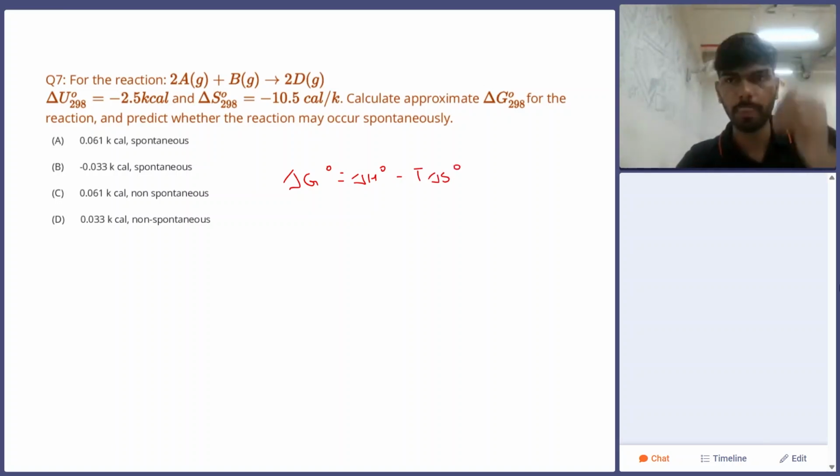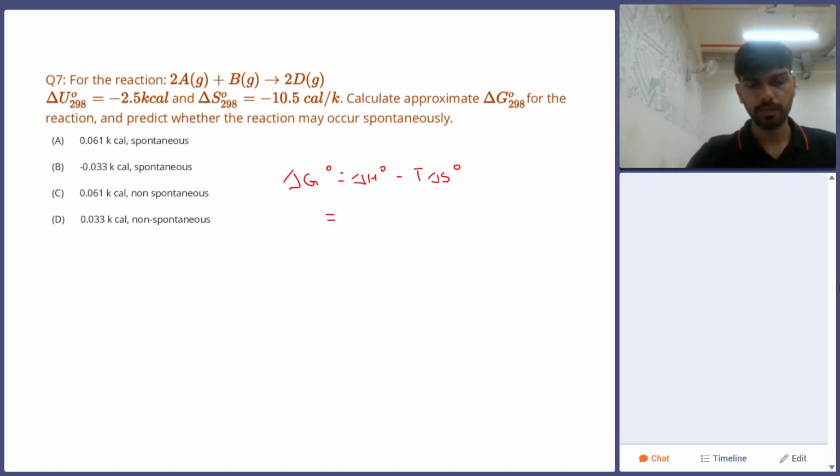Clear to all of you? Now, after that, in place of that, we can write the delta H formula. Remember the delta H enthalpy formula? I am writing it here. That is delta U plus overall delta PV. Right, everyone? So we can say delta G naught equals delta U naught plus delta PV